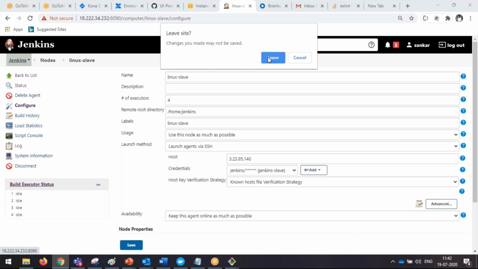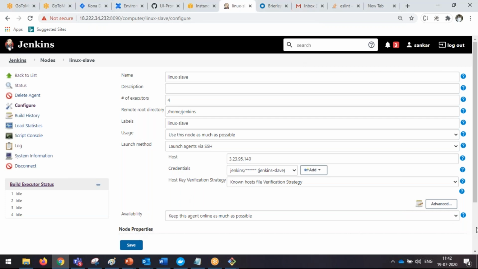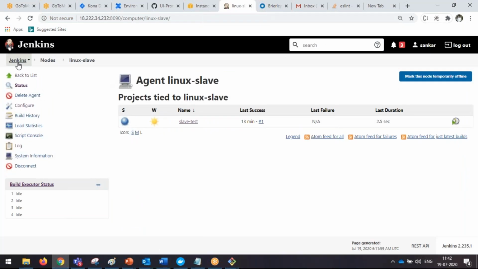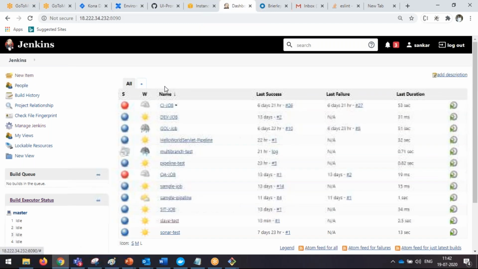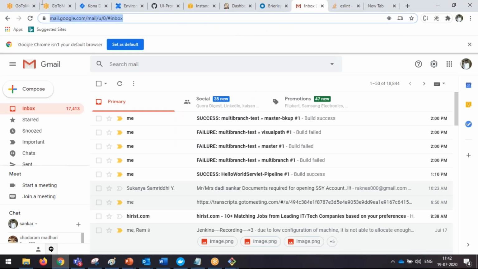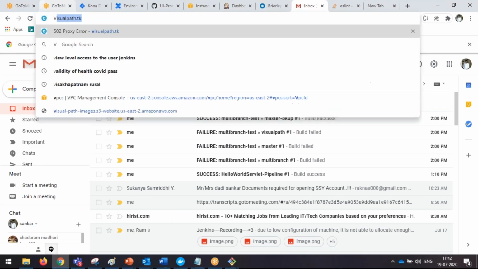You cannot see this information on your slave. Even your Linux slave machine does not have any kind of GUI. If it were a replica, I could launch Jenkins using my Linux slave IP. By using the Linux slave IP, I should be able to launch it if it is a replica. Correct? It is not going to be like that. It is just a machine, the machine we are going to use